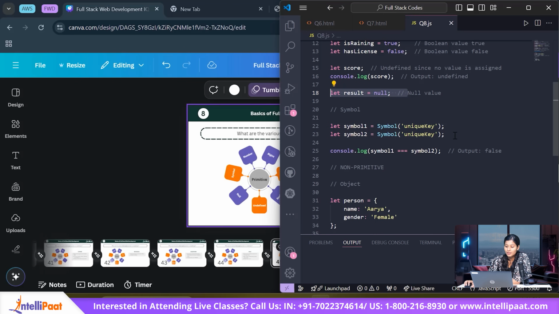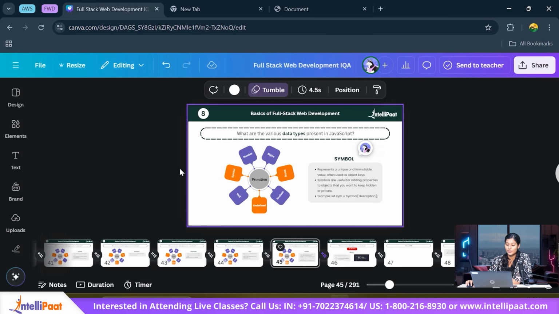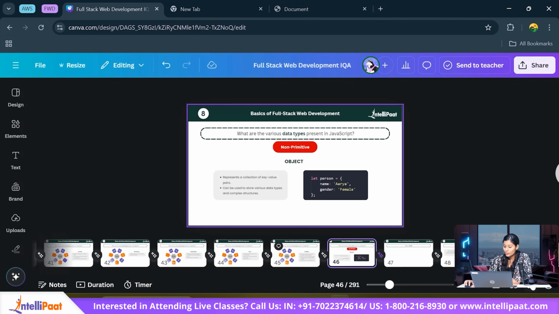Null values, symbol. An interesting thing about symbols right here is, although both of these have the same descriptions, if you try to run this particular code, your output will be false. That is the interesting part about symbols. Moving on,